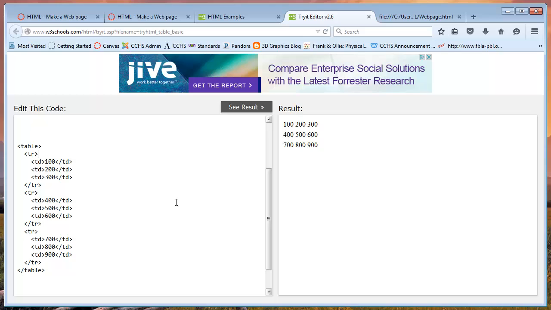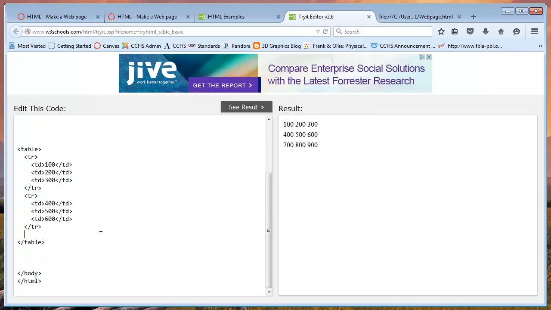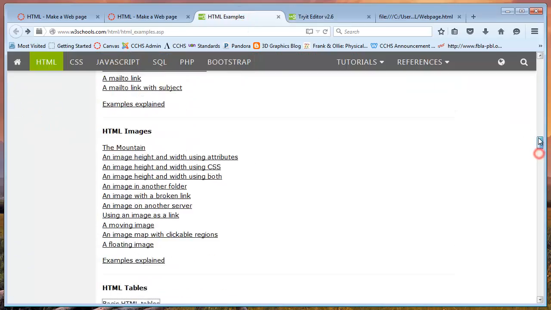So I don't need the 3rd column, or 3rd row, I guess. So I'm going to delete that 3rd row. And there we go. There's my table. It's got 6 different positions for all my pictures. I don't want numbers, though. I want an image. So what we need to do now is go back to the image tag, and that